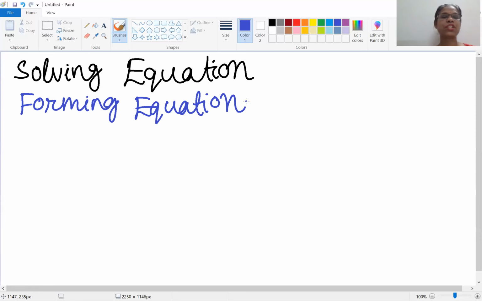Moving further to the next subtopic, I have here forming equations. How to frame a equation? We have got some problems here, some word problems are there. We have to frame the equation, then we can solve it. Okay, so I'm explaining here one example. Sum of